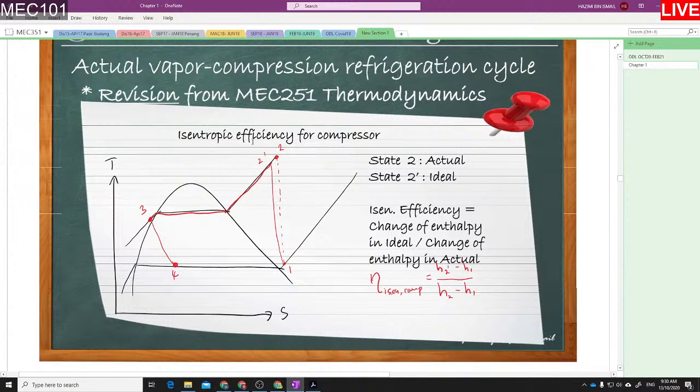Kita kena consider isentropic efficiency of compressor because we know no compressor and turbine in the world right now is 100%. So mesti ada dia punya loss dalam compressor tu sendiri. So ni cara nak kira